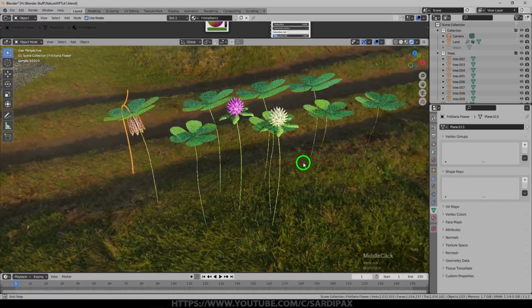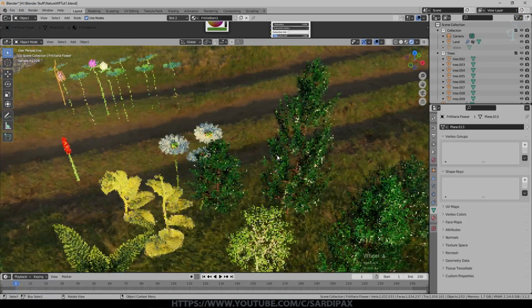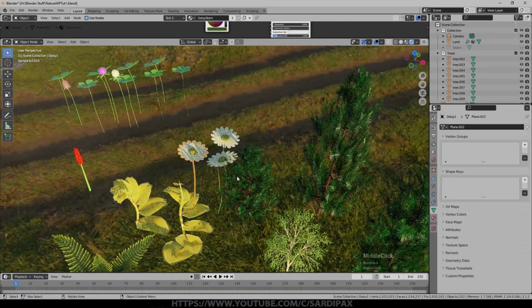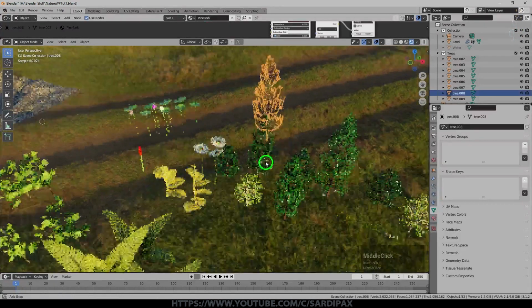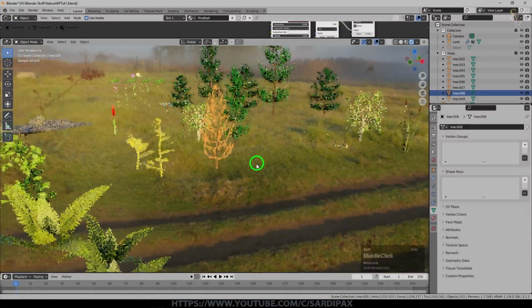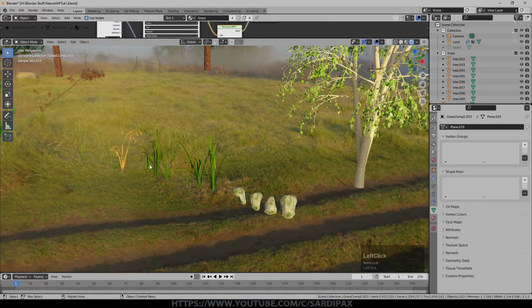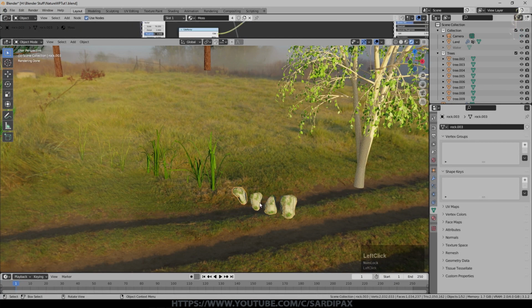This is called a fritillaria. It's another woodland flower. These very quick representations of daisies, again, they're very small in the scene, though not here. And I've got some trees here, and I've got a number of tutorials that talk about how to create trees. Another important asset in the scene is I've got a number of different grasses here, and I've got some smooth rocks, so they're not too high in geometry.